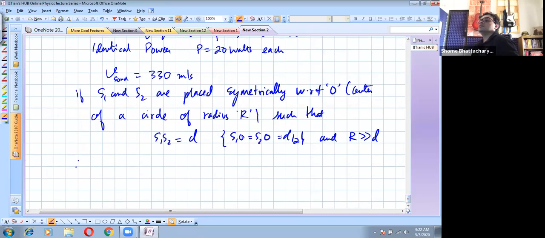Now given that b is equal to 33 centimeters,